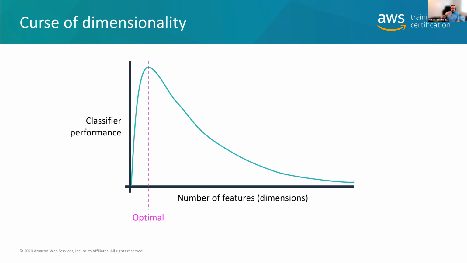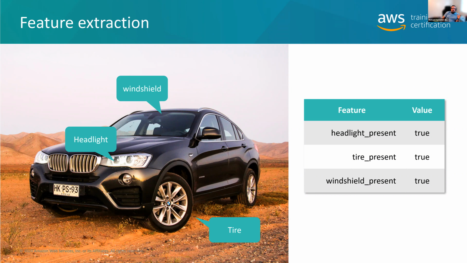So, for example, if you wanted to extract features, right, to reduce the dimensionality of your data, like image recognition as an example. Before neural networks, one of the ways to handle image data sets was just to extract features from individual images. So if it's a car, in this particular case, you might extract that it's got a windshield, a headlight, and tires, independent features. So instead of having raw pixels making up your data set, you could basically have features or columns such as, is a windshield present, is a tire present, is a headlight present, I don't know if license plate would be appropriate, but